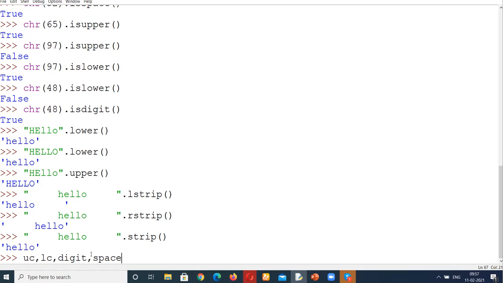Only these 4 pieces of information you have to print, but remember this time it is compulsory that you use all the functions we have discussed today. I'm giving you 3 minutes for this. Do it now.